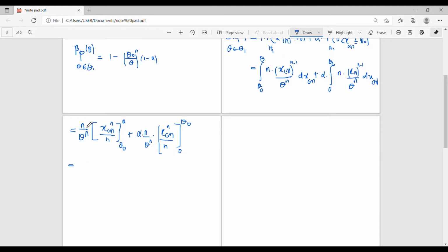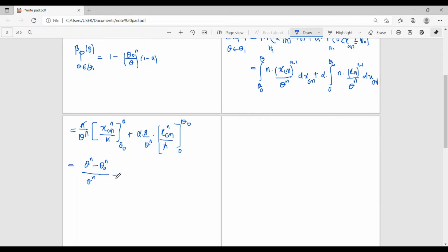We can cancel n here, and putting the values for Xn, we have theta power n minus theta naught power n divided by theta power n